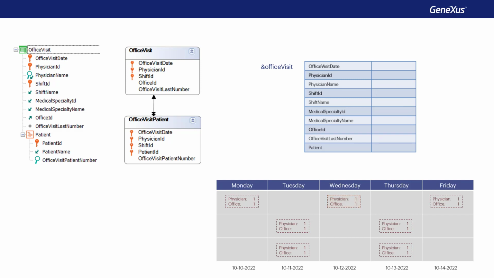We clear, load the data for Friday, shift 1, insert, we clear, load data for Tuesday, shift 2, insert, we clear, load data for Thursday, shift 2, insert, we clear, load data for Tuesday, shift 3, insert, we clear, load data for Thursday, shift 3, insert.